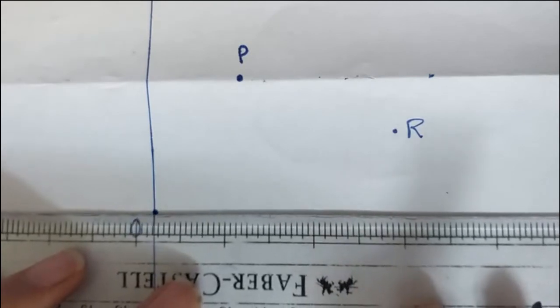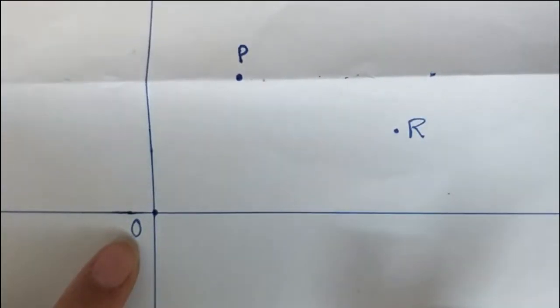Now, if you have to find out the position of points P and R with respect to any other point O in the plane, how will you find out their positions? To find out their positions, we use the coordinate system. See, the moment you get your reference point, you can use these 2 dimensions to locate the position of any point in this plane here. So this is the reference point.